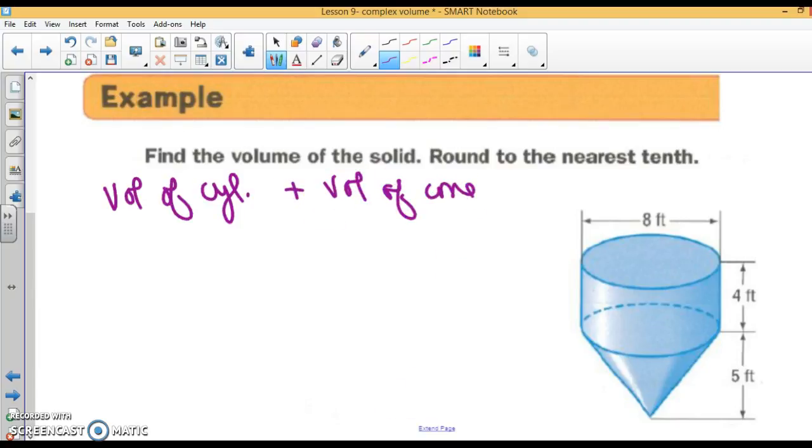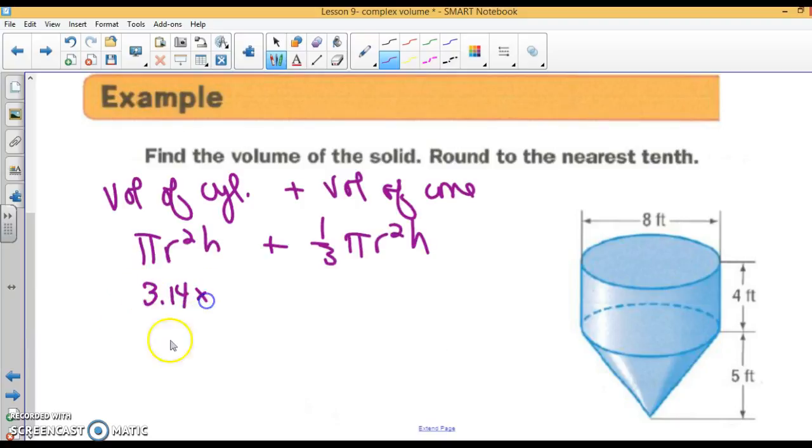So, let's look at our formula sheet. The volume of a cylinder, pi r squared h. And the volume of a cone is 1/3 pi r squared h. So, let's look at the cylinder. We're going to have 3.14 times the radius of the cylinder, which will be 4, so 4 squared, times the height of the cylinder, which is this 4. That'll give you 200.96 plus